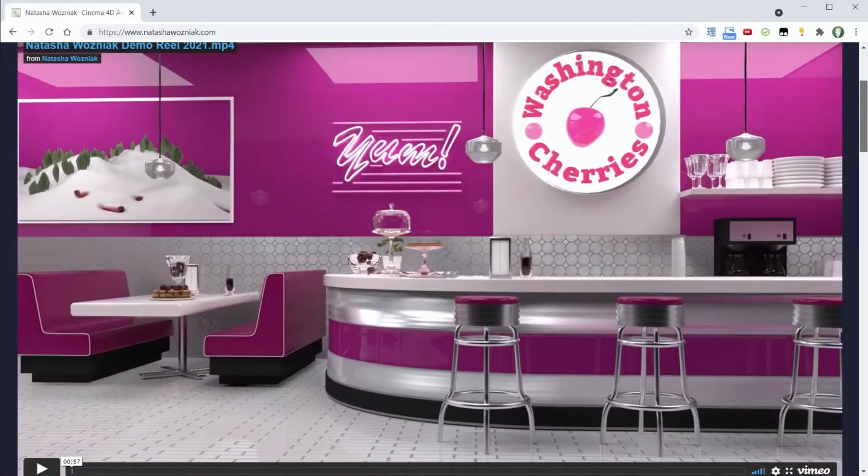Yeah, it's C4D, and I modeled everything except the cherry pie. I just took a photo of a diner that I thought looked similar to what I wanted to create and looked at all the objects in there. It's like, okay, it needs a plant, it needs this, it needs some lights hanging down, and I modeled all of it.